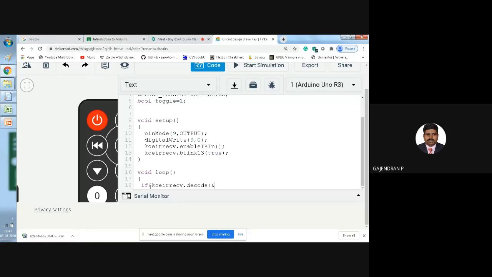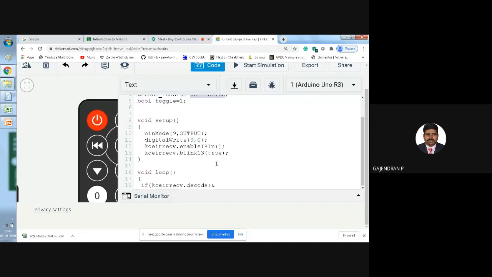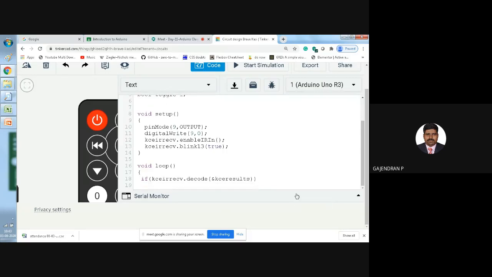So this is the actual syntax. Here you have declared one more variable. In this variable, we are going to store the received value. That is called results. If I run this function, it will give a logical value, true or false. Once I check true or false, if it is true, I need to do the second action. Before that, what we are going to do is